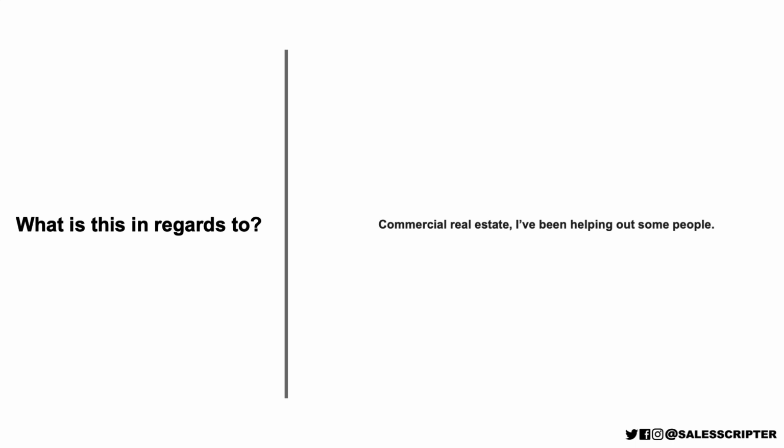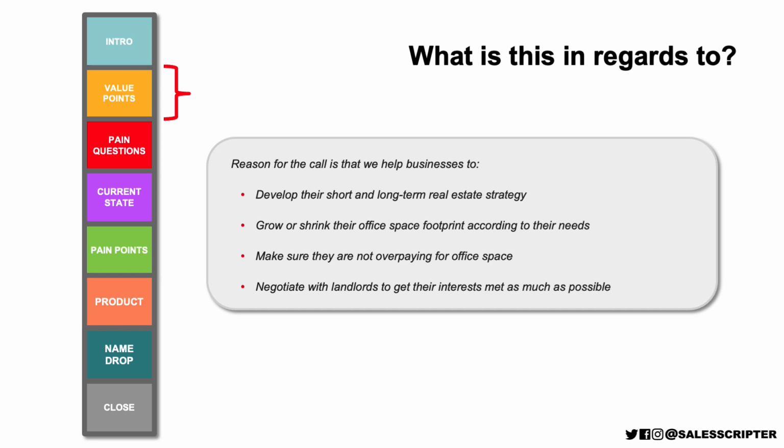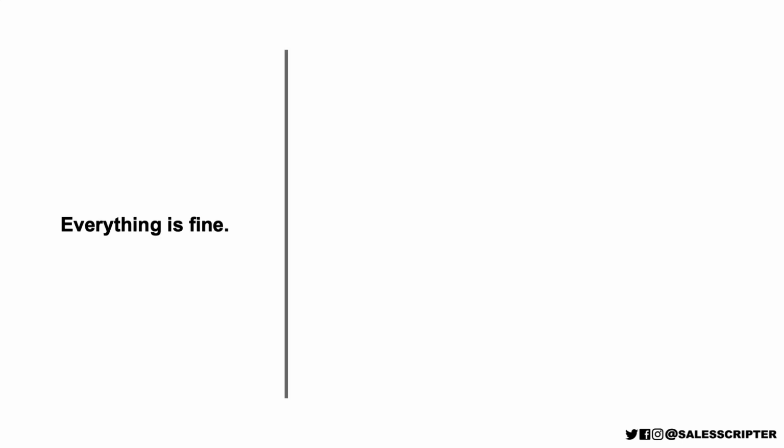This is a challenging objection, by the way, but one thing that you can do is you can just go back to a section in your call script, which is your value points. So when someone says, what's this in regards to? Well, you can say, well, the reason for the call is we help business owners to develop their short and long-term real estate strategy. Another objection that came up is I basically said everything's fine, which is something that you'll run into,